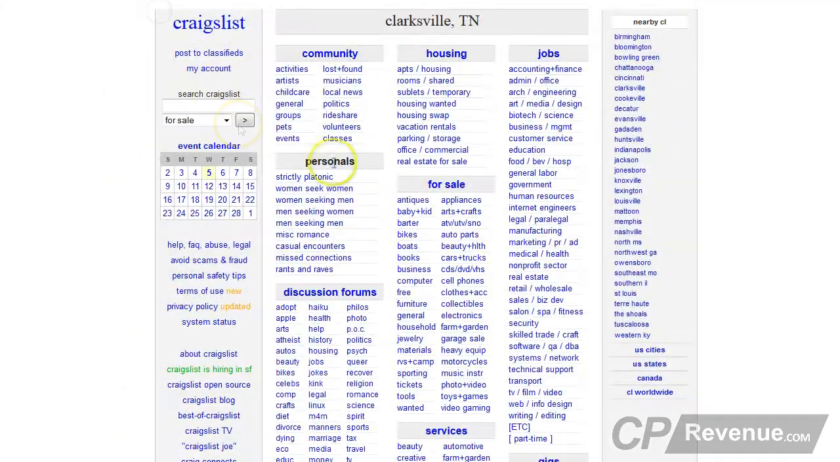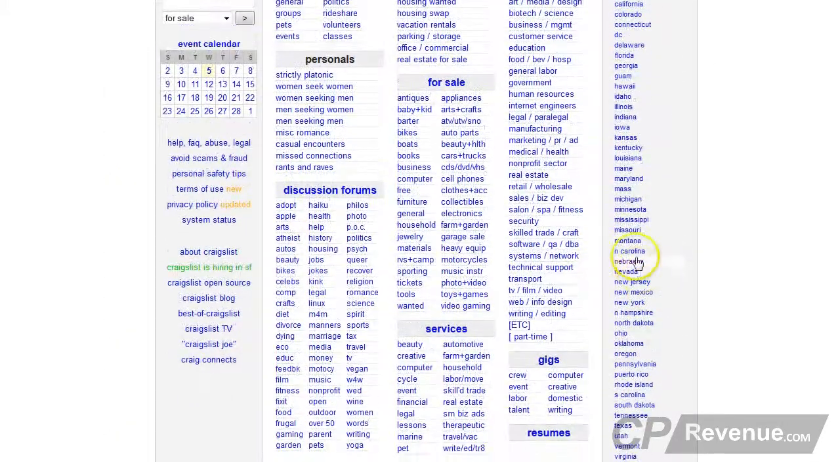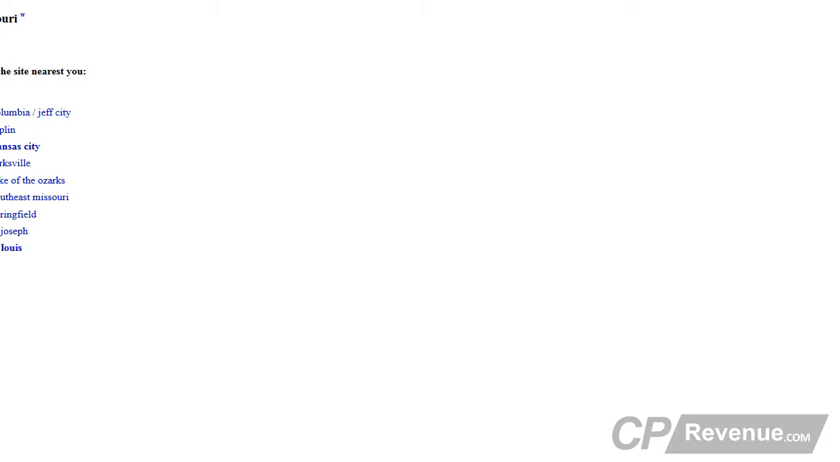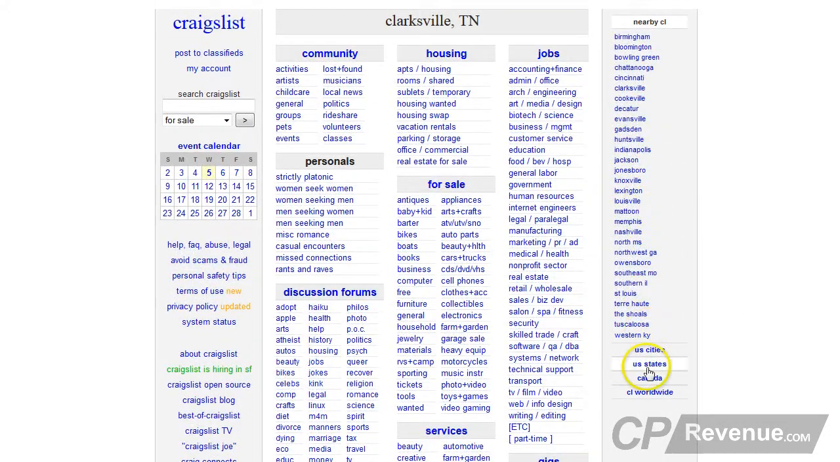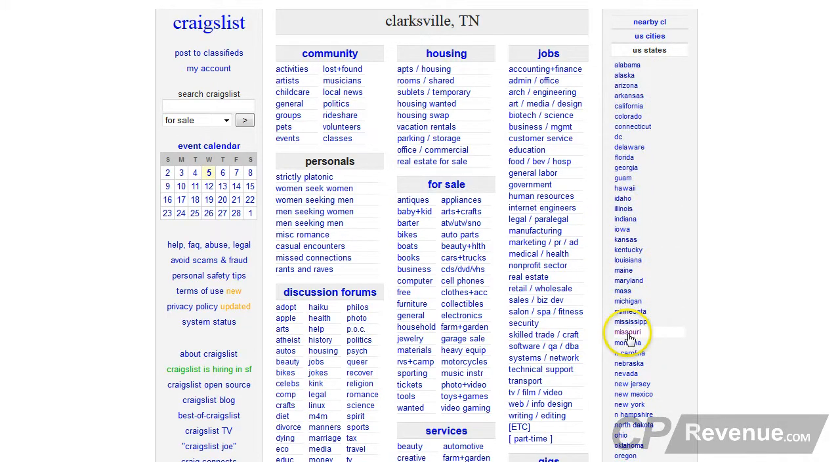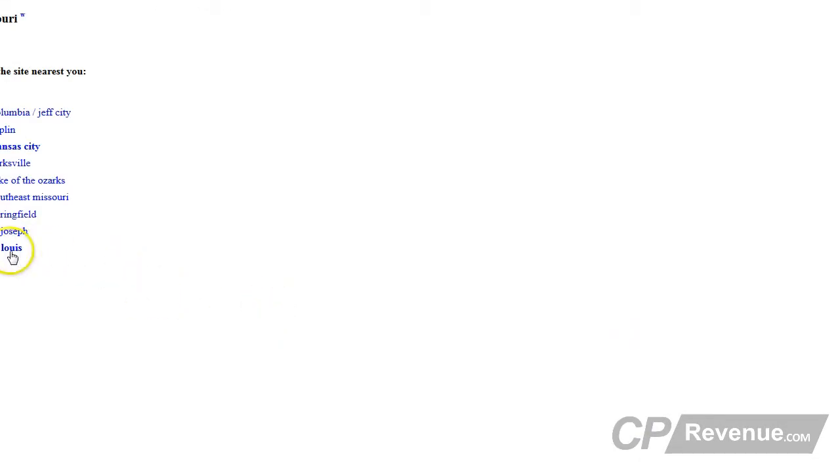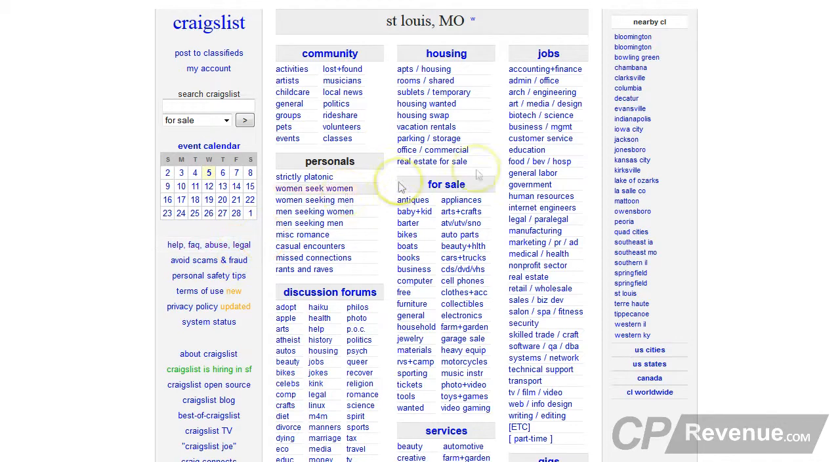Let's go back to Clarksville, Tennessee. Let's go back to the states. Where was I? Missouri. Oops, Missouri, I meant. Let's go back to Missouri. Where are you, buddy? States. Missouri. I was in St. Louis. So let's do one down here,